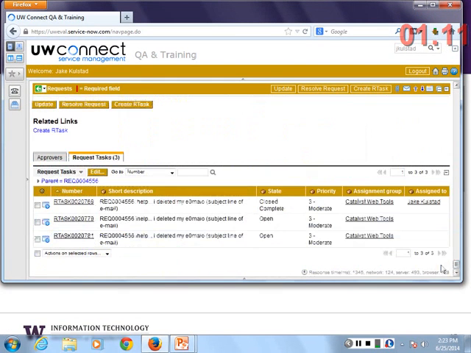I literally created them. If you were to go to the bottom of my request, you'll notice that I have 2 open tasks. If I decide I don't need those done now, I want to shut them down, I don't have to go into each of these tasks and close them. There's a little trick. I can actually double-click on an entry and change it from here. So I could even toggle the state of this task to close complete without going into it.